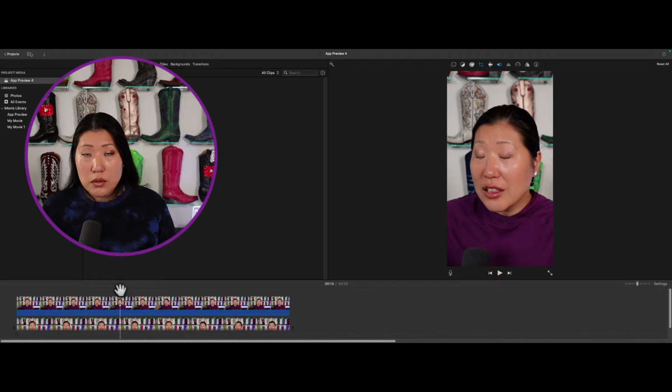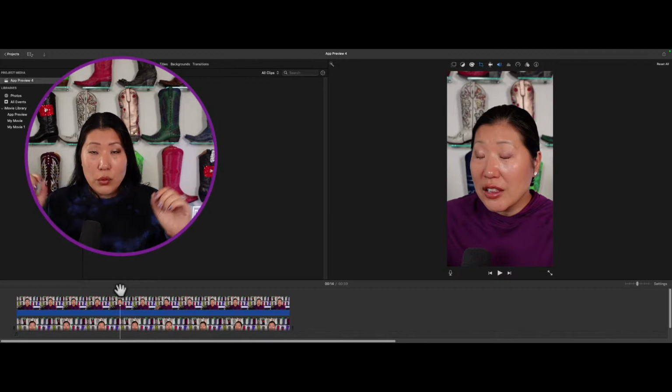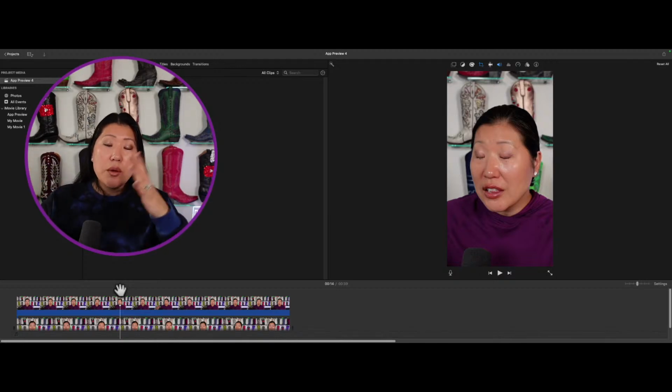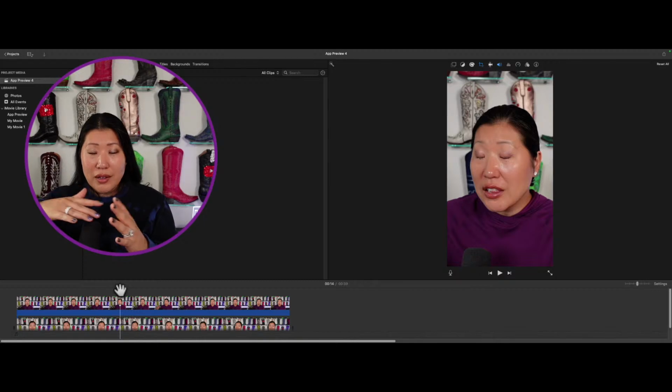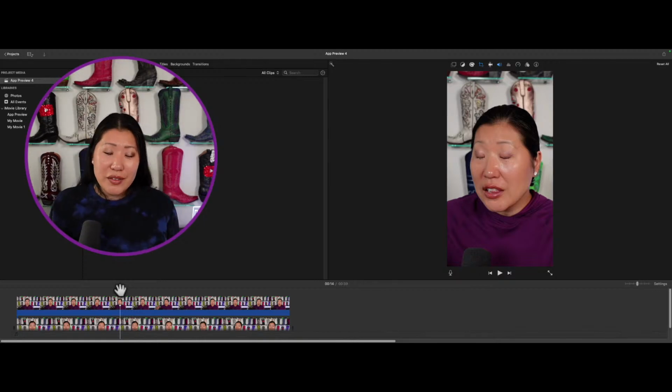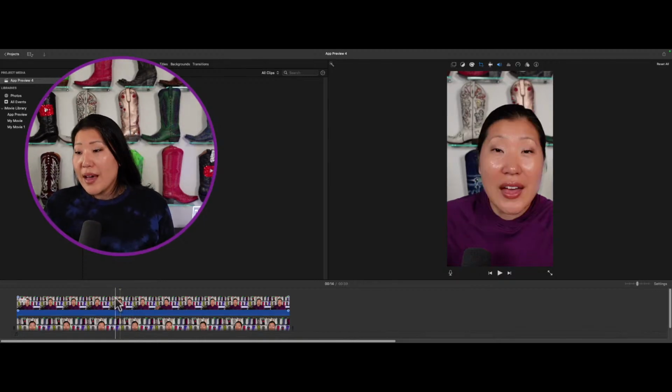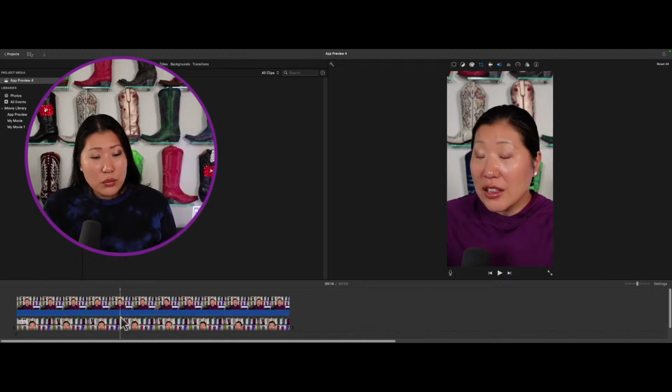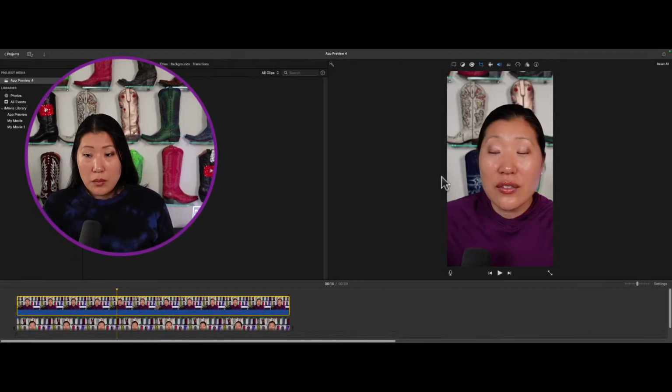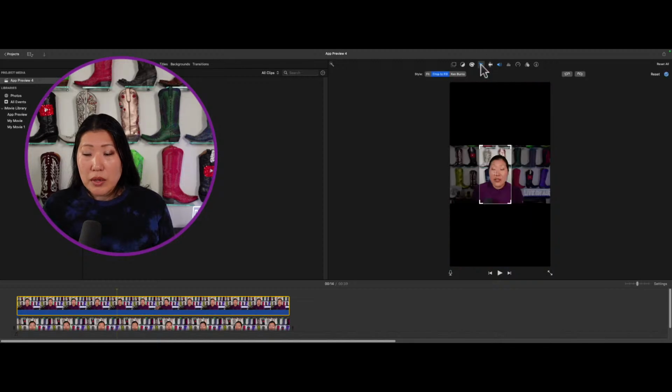So if you need to do this multiple times, because you have multiple overlays that you want to do, you would need to export whatever part of your video that you want, bring it back in, then add your third overlay, export. Like, obviously you guys get it. Okay, so if we have something like this, then let's say we have to come back to the one on top. We're going to come up here and we're going to do